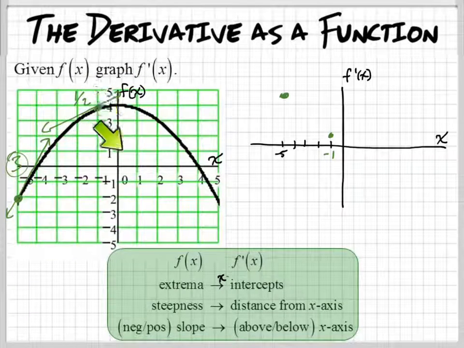So let's look at another number. Let's look at x equals 1. Is the slope positive or negative right there? It is negative right there. Let's use a different color right here. This is a negative slope for a tangent line. It goes down. And then if I looked at x equals 5, and I were to plot a point right